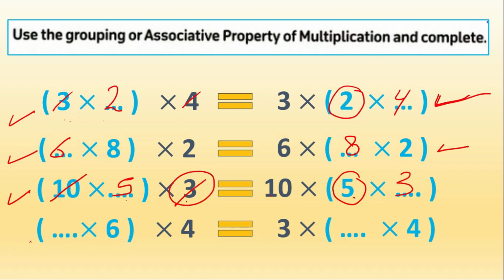Okay, the last one: which number times 6 times 4 equals 3 times which number times 4, so the missing number is